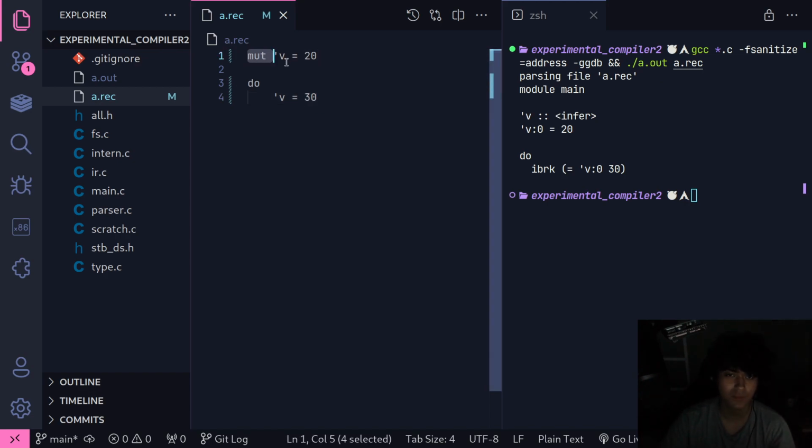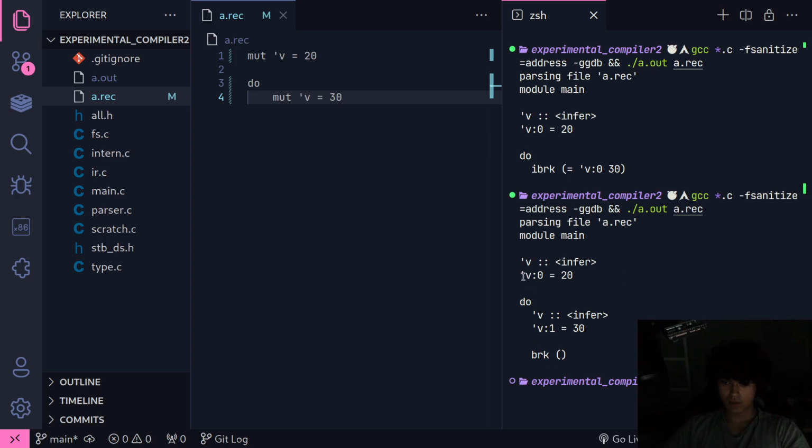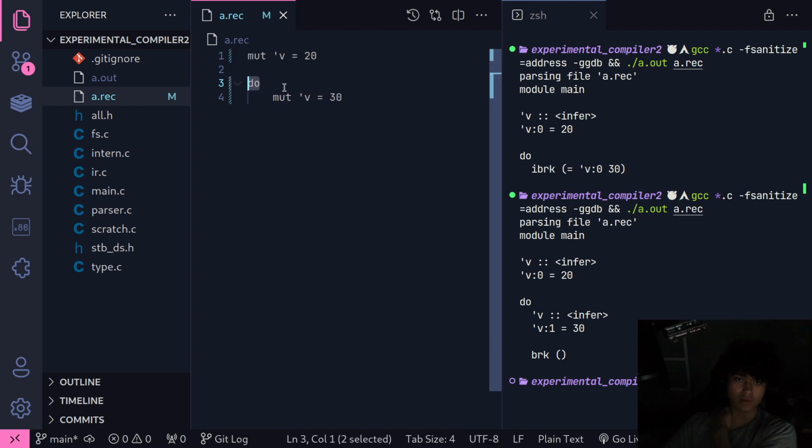They have to have something that tells the parser that you're creating a new mutable variable. Because if it's an immutable variable, you can't change it, so you're always creating new ones. That's how you explicitly tell the parser that yes, I want to make a new one. And you can shadow them as well like this. So this is v0 and v1, and that just breaks. There's an implicit break of a void. So this do block returns void, the unit type.